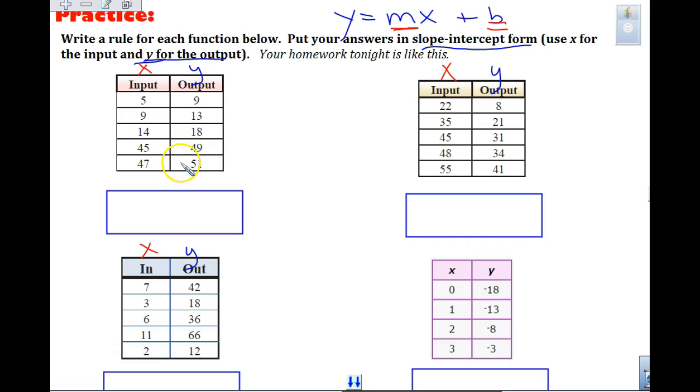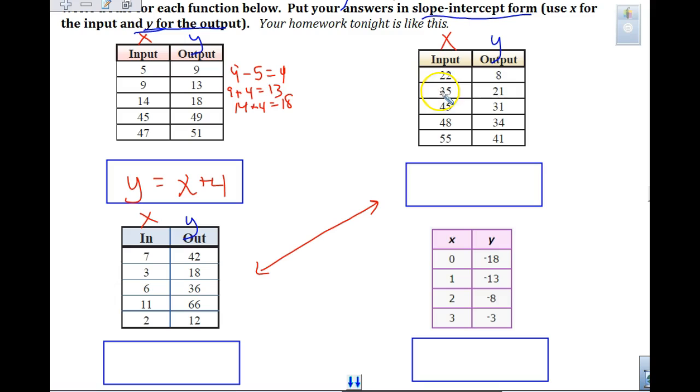Anyone see what we are maybe adding on to the x? Catherine, you see it? 4. Adding 4. So y equals x plus 4. These are not nice lists either in this next one going across and this first one down. I want you to look at these two and try these two, and then we're going to do the last